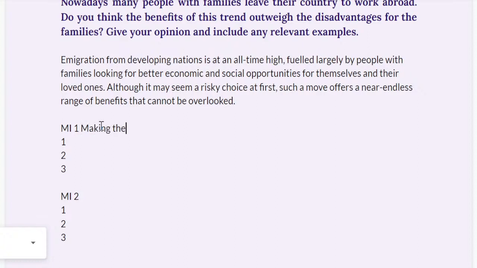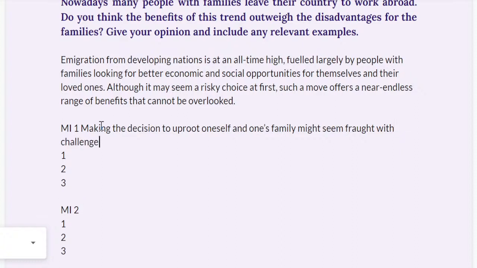Making the decision to uproot oneself might seem fraught with, I don't want to say risks again, not that you can't, but I prefer not doing that. So making the decision to uproot oneself and one's family might seem fraught with challenges. And then my next main idea sentence, I'm going to start with however,